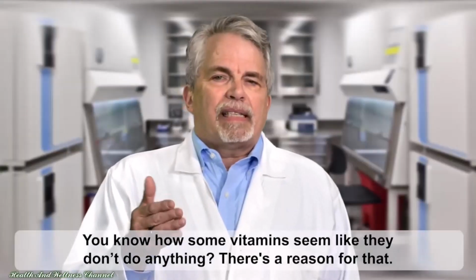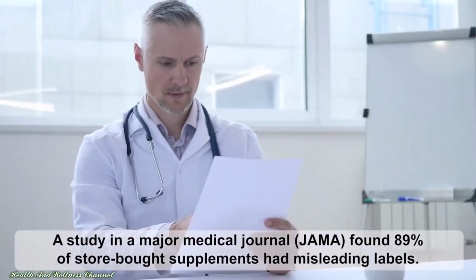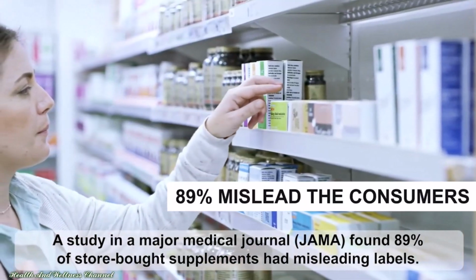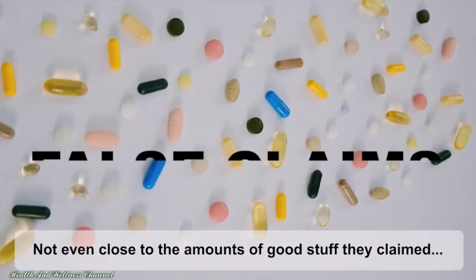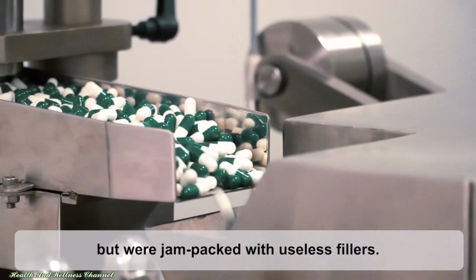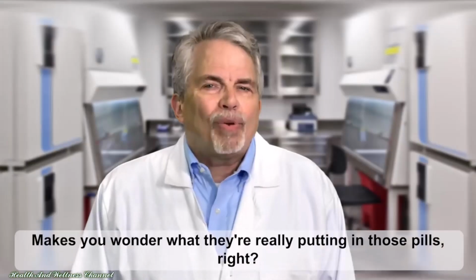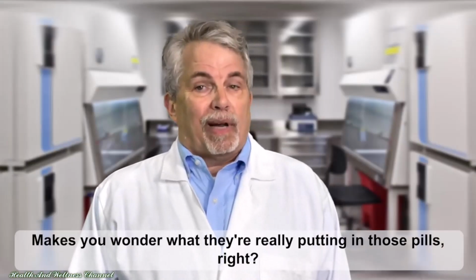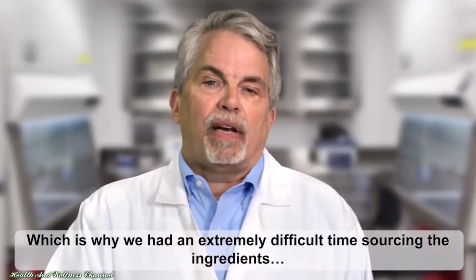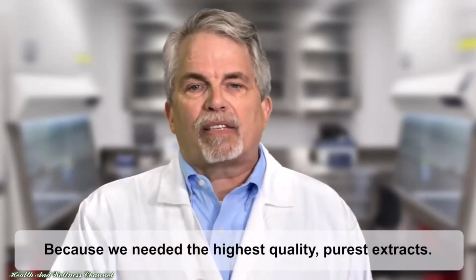You know how some vitamins seem like they don't do anything? Well, there's a reason for that. A study in a major medical journal, JAMA, found 89% of store-bought supplements had misleading labels, not even close to the amounts of good stuff they claimed, but were jam-packed with useless fillers. And 40% didn't even contain a trace of what they advertised. Makes you wonder what they're really putting in those pills, right? Which is why we had an extremely difficult time sourcing the ingredients, because we needed the highest quality, purest extracts,